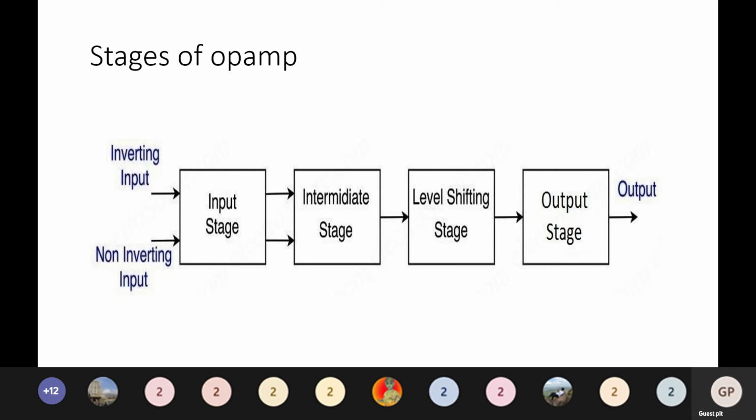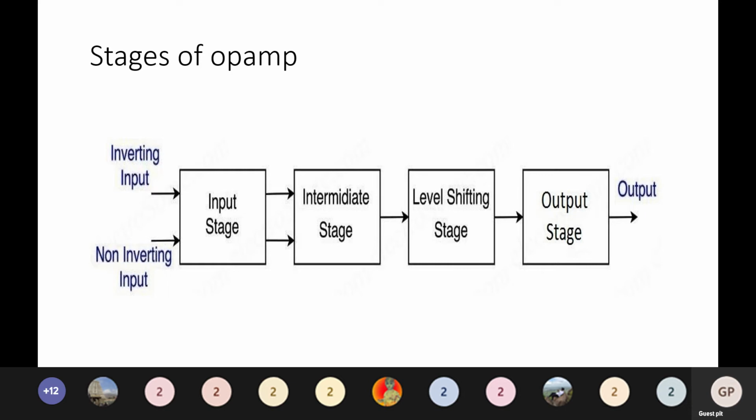Okay, so what we mean by this exactly is this intermediate stage, as I told, it will have a cascaded differential amplifier, is it not? In an IC, in this cascaded differential amplifier, there will not be any coupling capacitors used. That is, in between the stages, we'll not have any coupling capacitors. So when we don't have coupling capacitors, what will happen? The DC will pass from the first differential amplifier to the second differential amplifier.